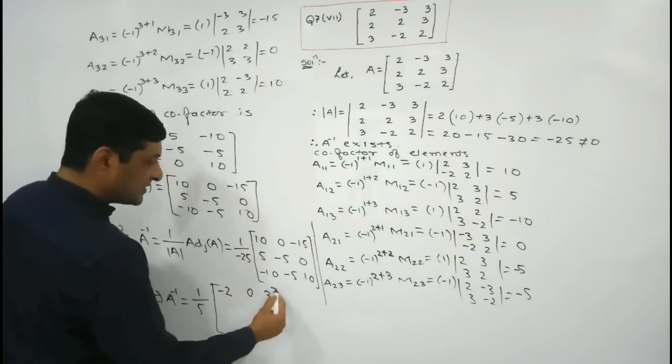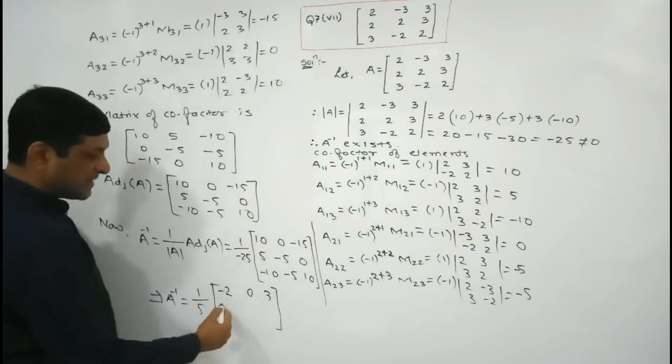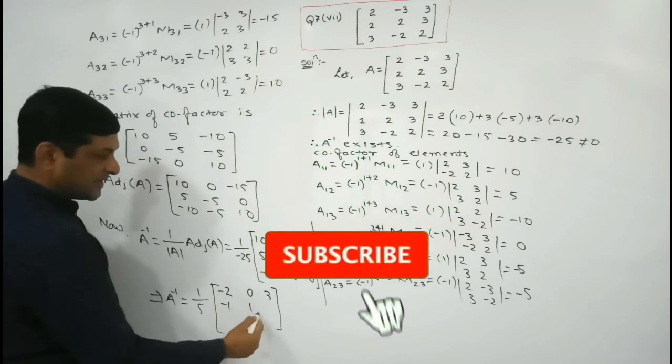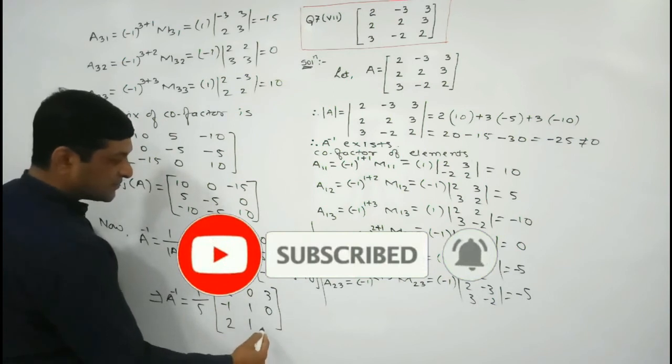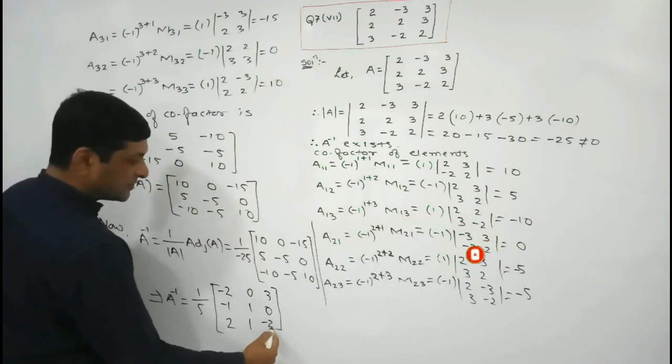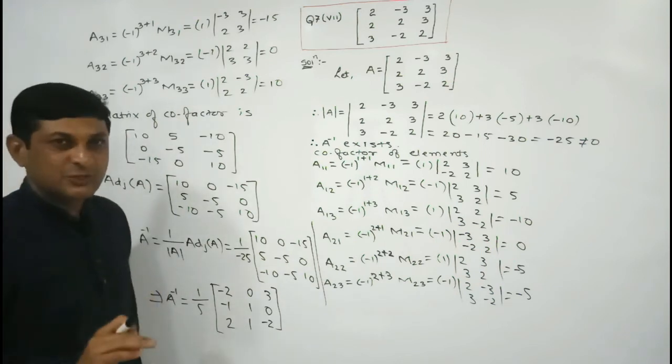Getting it? Because we are multiplying by minus, and even we have taken 5 common, so here we will get plus 3. Sign we are changing, so if we are taking 5 common, 1, and if we are multiplying by minus, minus 1, so here we will get plus 1, 0, here we will get plus 2, here we will get plus 1, and here we will get minus 2. In this way, we have got the inverse of a matrix applying adjoint method.